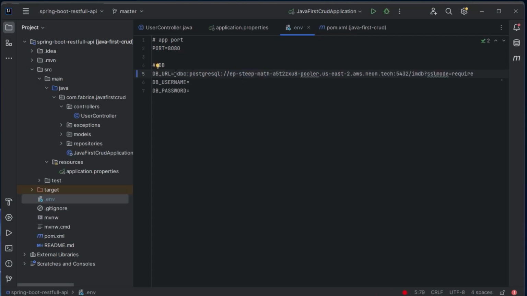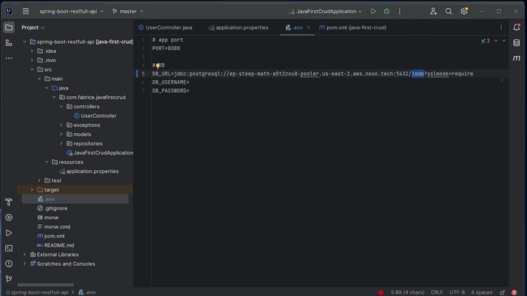Basically, the database URL must start with jdbc:postgresql://, then your database host, then the default Postgres port, and here you just need to provide your database name.